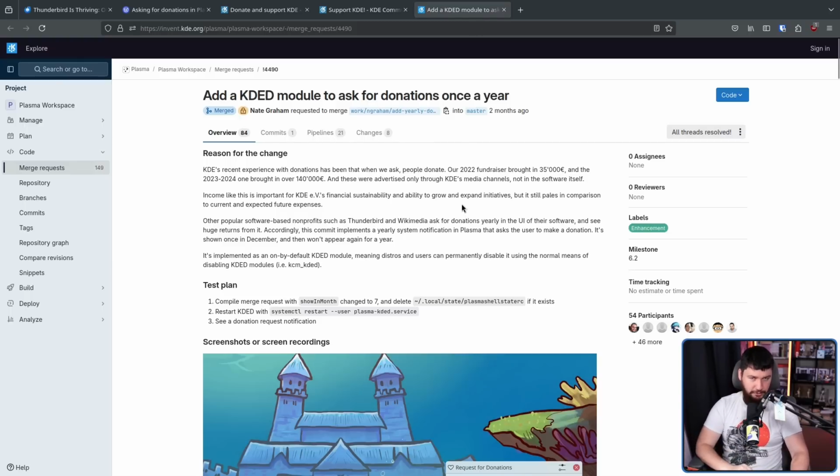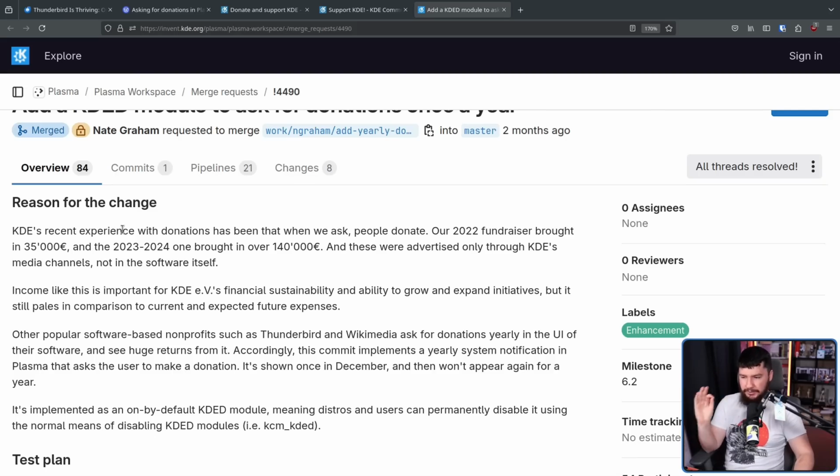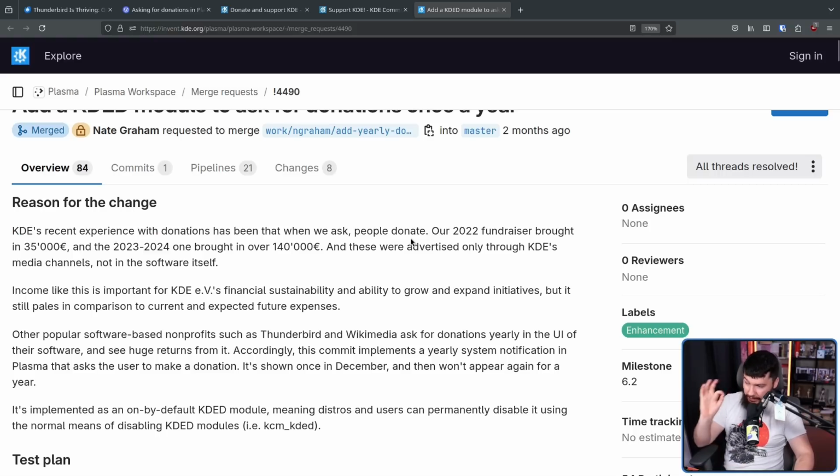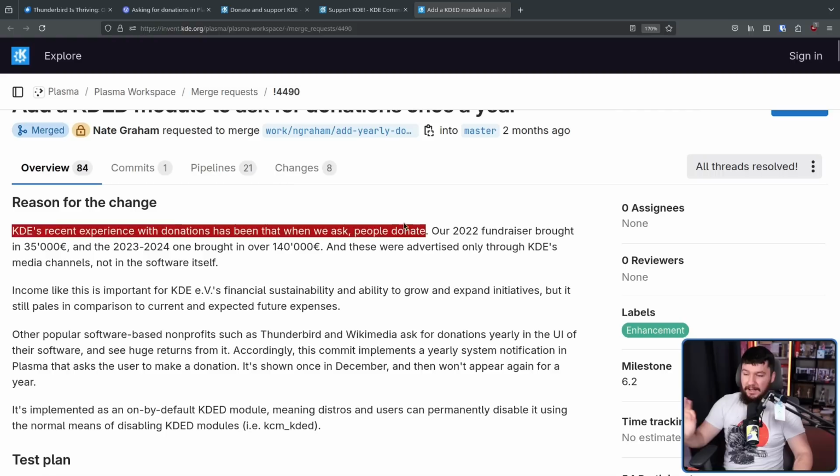He led the merge request. KDE's recent experience with donations has been that when we ask, people donate. In most cases in the FOSS world, if you're making good software, that is a very important point, people are going to be willing to support it. Most people don't know that you actually want money to be supported. It seems logical that you would need money to run the project, but a lot of people just don't